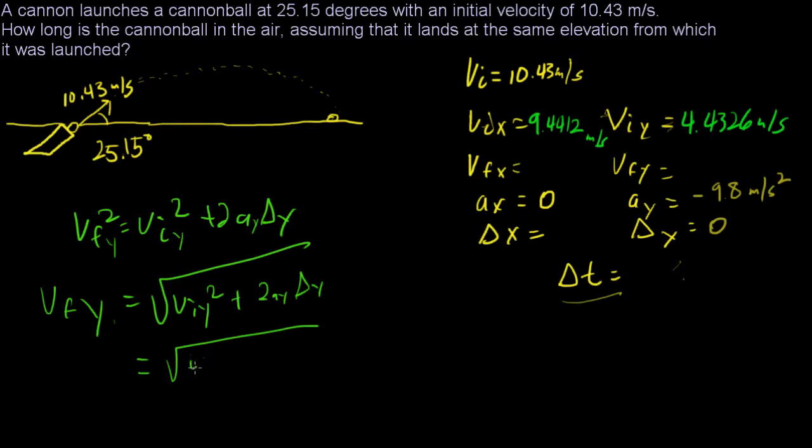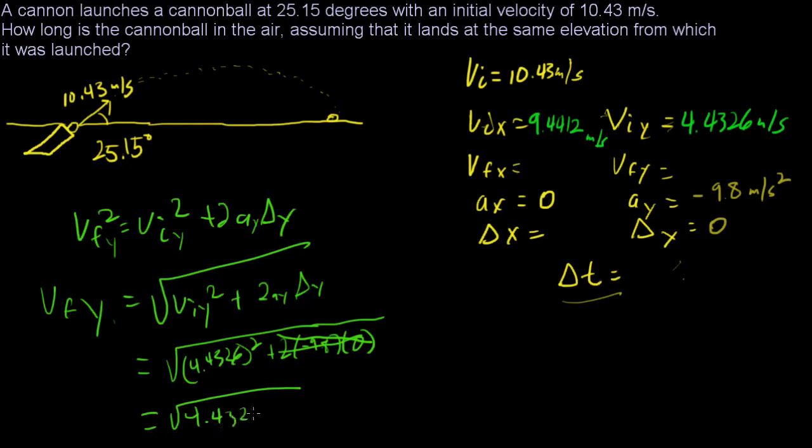VIY is our 4.4326, that's squared, plus 2 times negative 9.8 times 0. Okay, 2 times negative 9.8 times 0 is 0, so we can ignore this. We don't care about that. So now we just get the square root of 4.4326